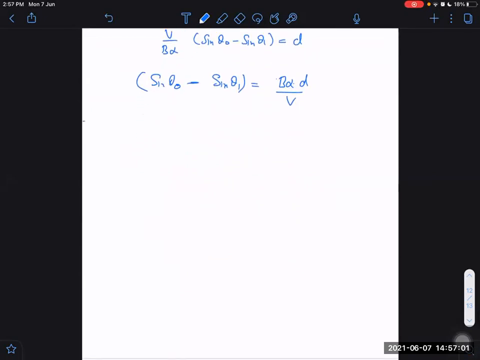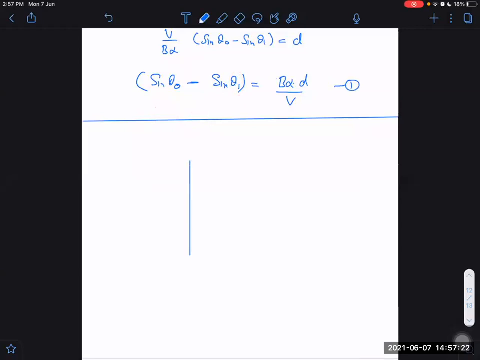Now I will change the situation here. This is enough. Let us say I have obtained sin theta 1, so I am assuming that I have got the answer. Our aim was to determine the final angle made by the velocity with the horizontal, or the angle of deviation. If I know theta 1, I can get the angle of deviation. That will be theta 1 minus theta naught.